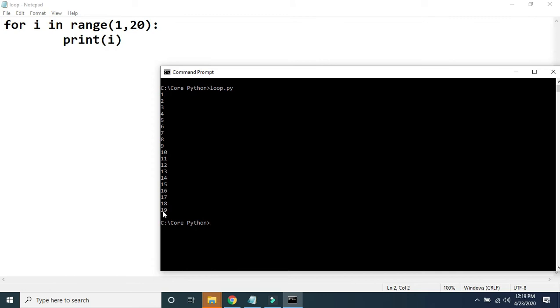So here we are getting the value of I as 19, and then again 1 will be added to I. The new value of I will become 20, and then it will check whether 20 less than 20, so that condition is false. That's why in that case it will not execute the print statement. So the last number that we'll get is 19. Its meaning is that this for loop will be executed until the value of I is less than 20. Once the value is greater than or equal to 20, it will stop its execution, because the upper limit for this for loop we have mentioned as 20.